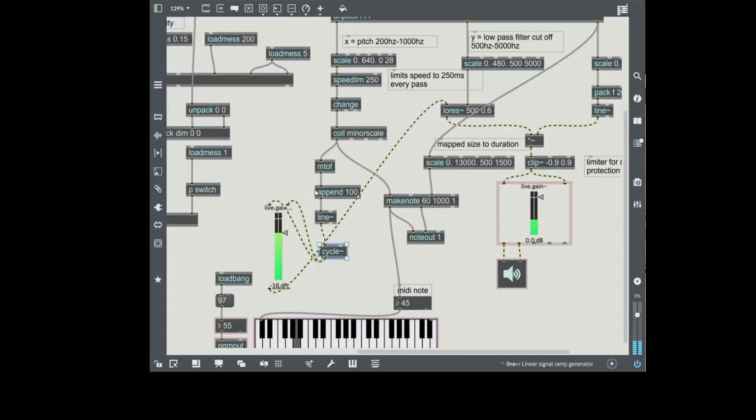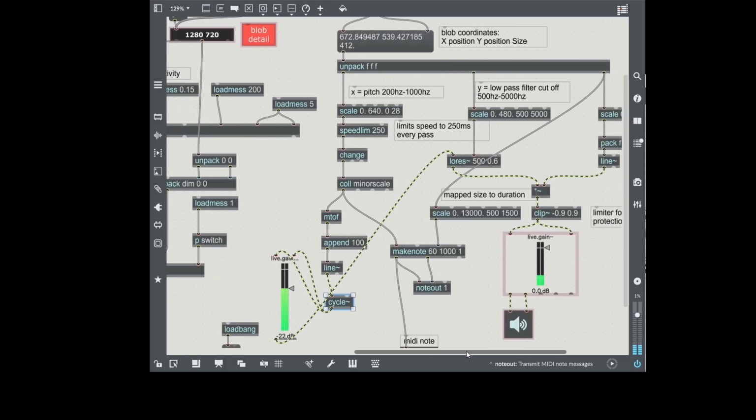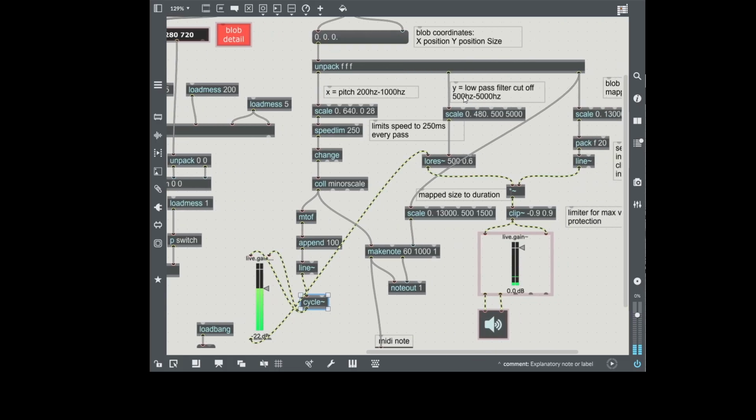Here I use these objects to make the changes from each note sound smoother. And then here I have the volume of my oscillator and send it to a low pass filter, and the cutoff of the filter is controlled by the y coordinate of the blobs. It's mapped from 0 to 480, which is the height of my video, to 500 to 5000 hertz. And this is the